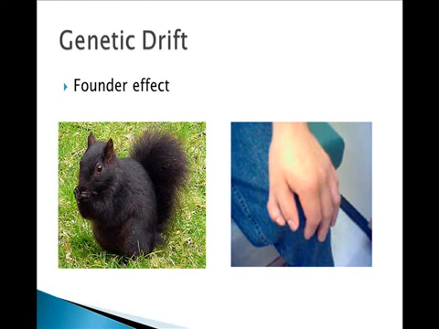There's also the founder effect. The founder effect happens when a population of organisms moves to a new area, and due to chance, the relative proportions of the gene pool are shifted. So, one example is the black squirrels in Canada. They were a small population of eastern gray squirrels that happened to carry the black gene, and they were isolated on the Canadian side by the glacier that cut Niagara Falls. Because of that, there's a lot of black squirrels up there, and there's hardly any south of that